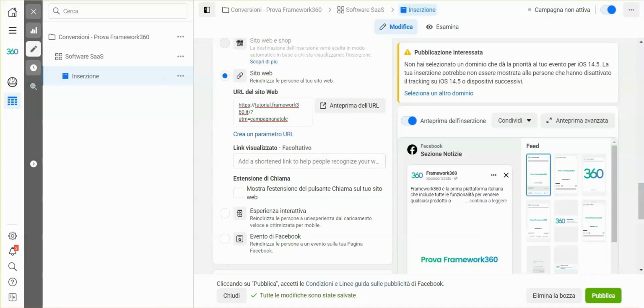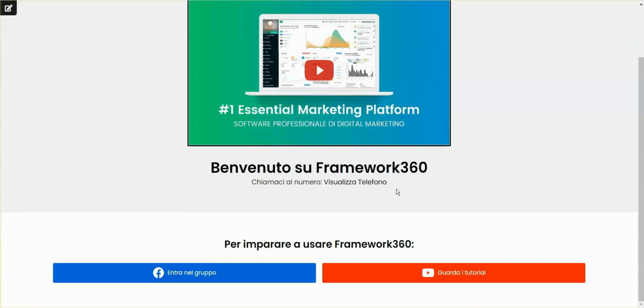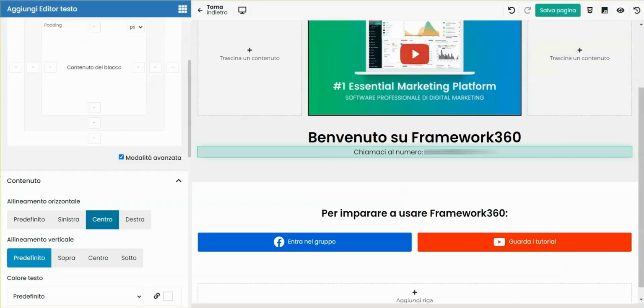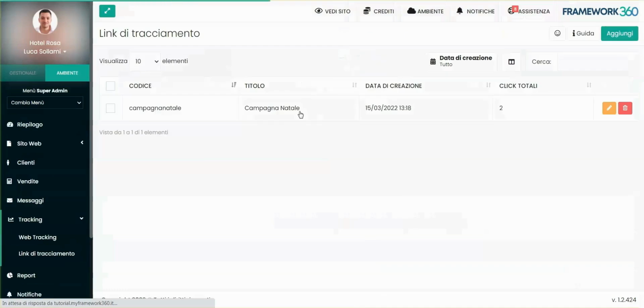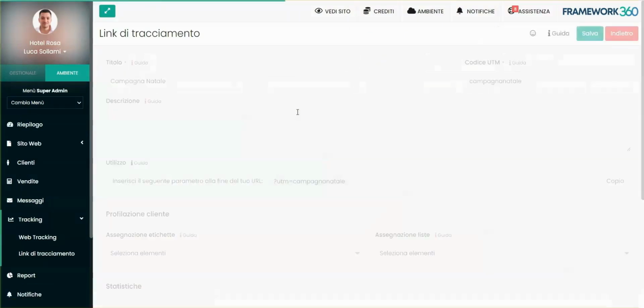Now we can test the tracking link with the UTM from the URL preview. Here, therefore, a visitor who arrives from our advertisement, if they click on a web tracking action like view phone, it will be tracked and associated with that specific campaign. In fact, if we go back into the tracking link and open the Christmas campaign link, we will have received 2 clicks, and